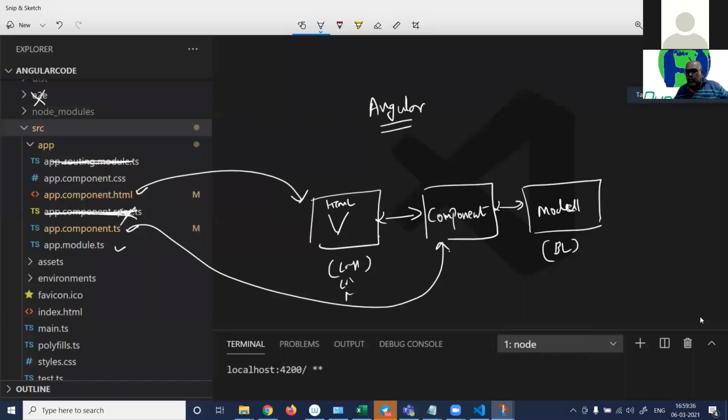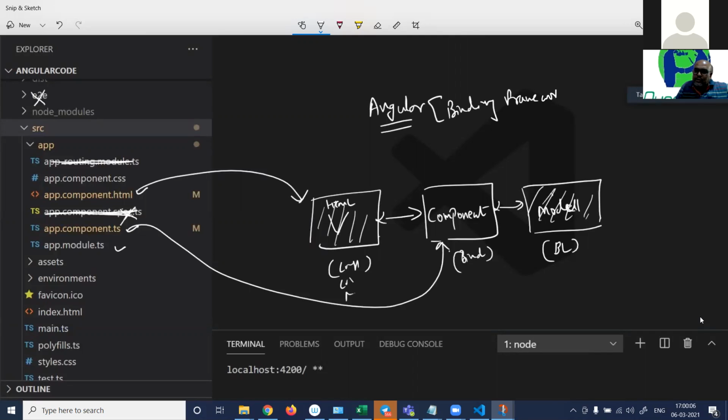Whatever is the business logic of your real world, of your domain, you put it here. Whatever is the UI is your HTML. And the component's work is to bind the view and the model. If somebody types anything in the view, it will go to the component first. The component will do some checks and then send it to the model, right? So Angular is a binding framework. It's a very nice binding framework.